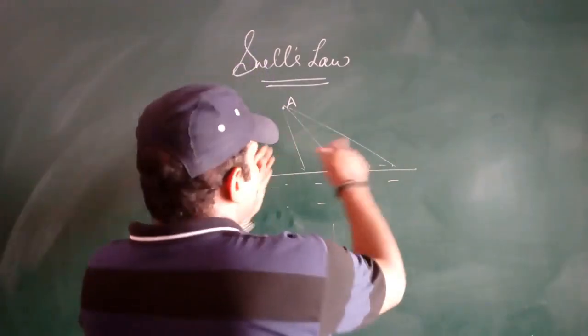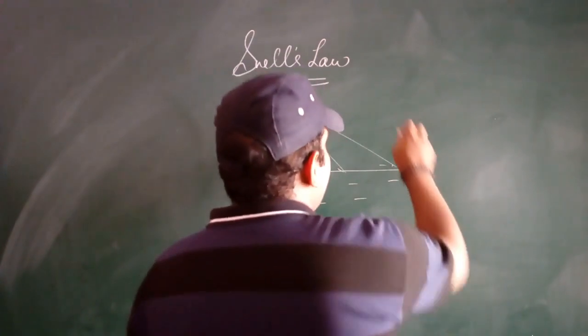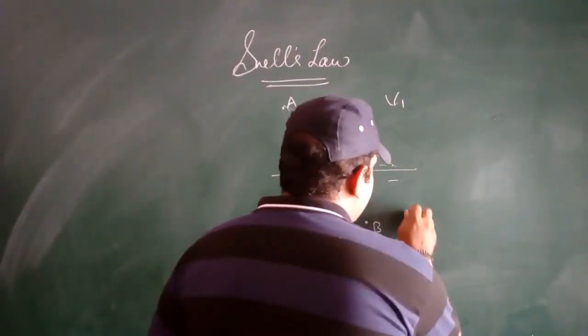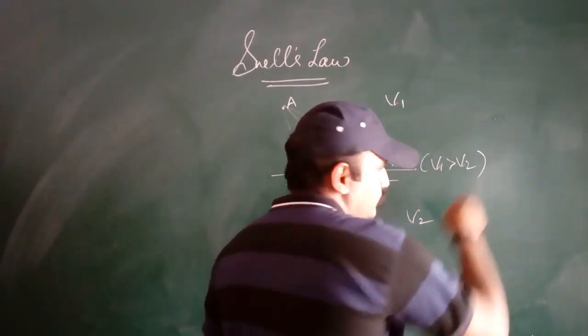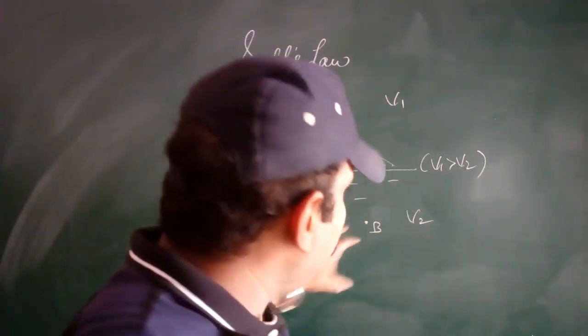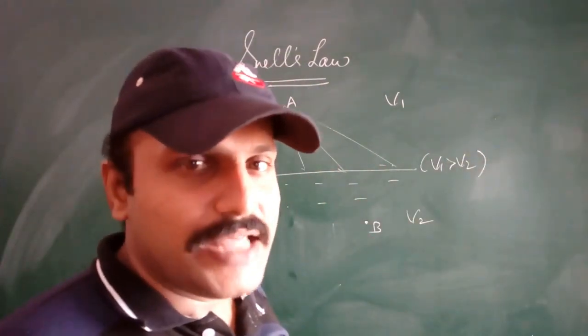So, the speed or velocity with which you are running, take it as v1, and the velocity with which you are swimming in the water, take it as v2. What I said is that v1 will be greater than v2. Why will v1 be greater than v2? As I said, it is easier to run on the land compared with swimming in the water. That is the reason I have written v1 is greater than v2.